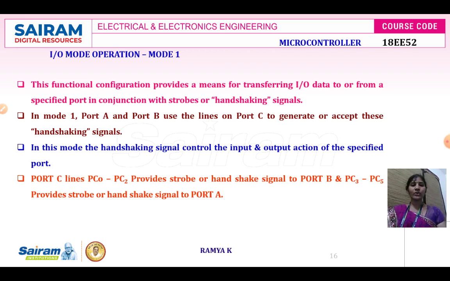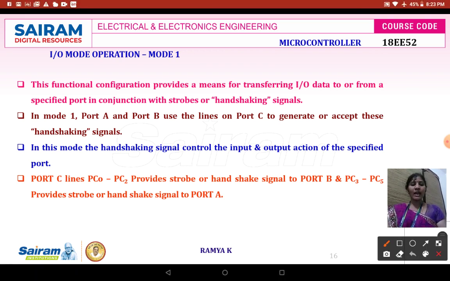As we know, there are two ways of communication. One is strobe communication and the other one is handshaking communication. In case of strobe communication, we will have only one control signal, whereas in case of handshake communication, we have two control signals. Therefore, strobe communication is like a half duplex communication, whereas handshaking will provide a full duplex way of communication.